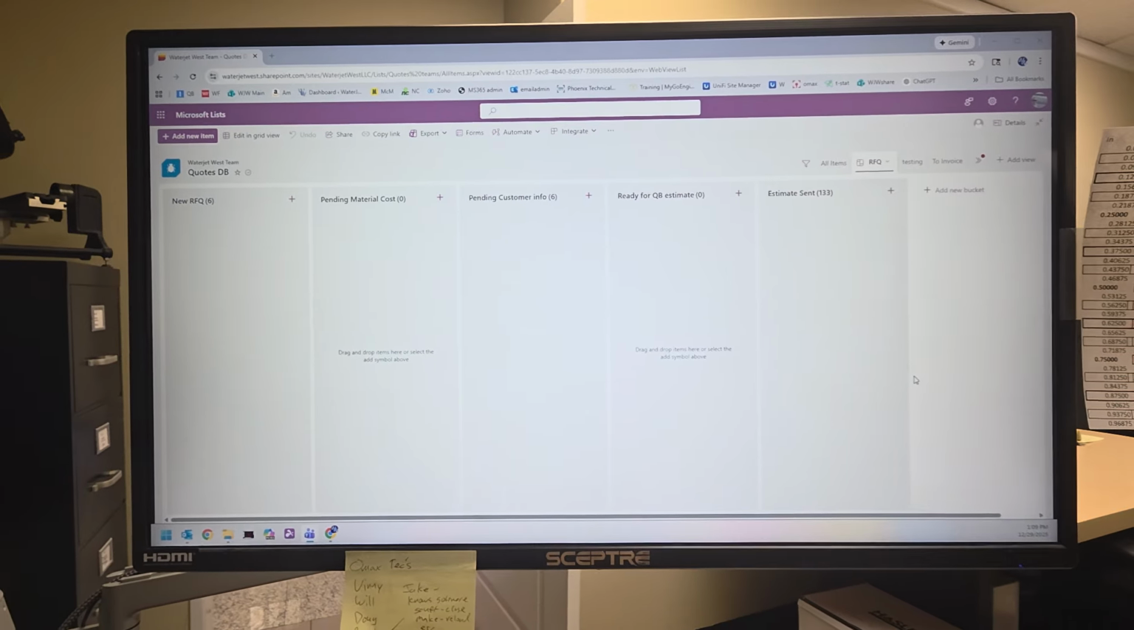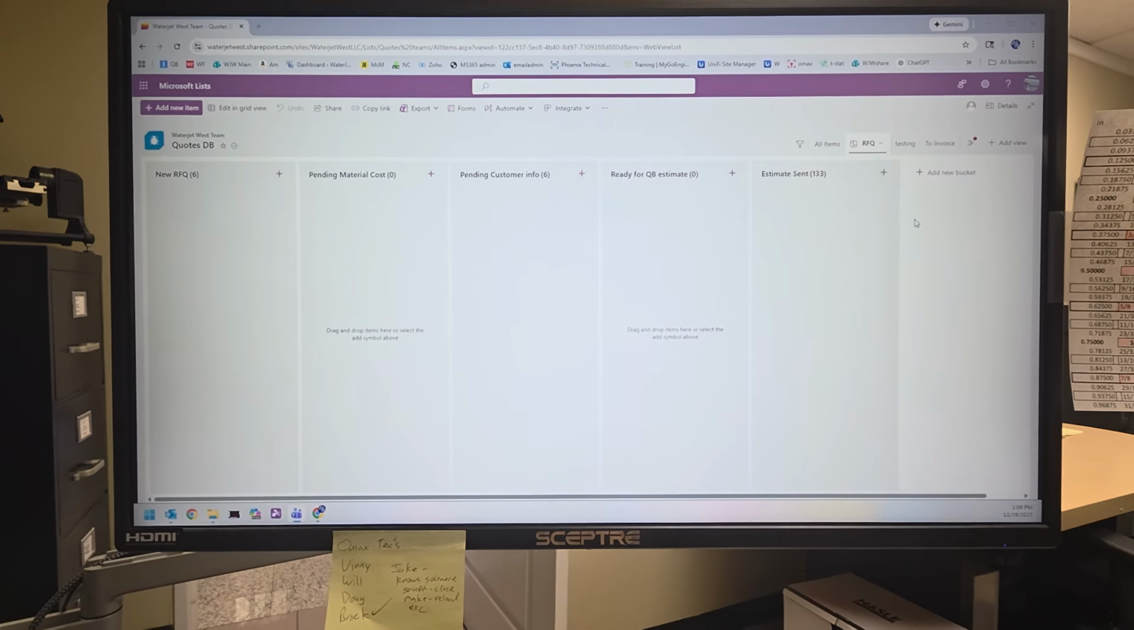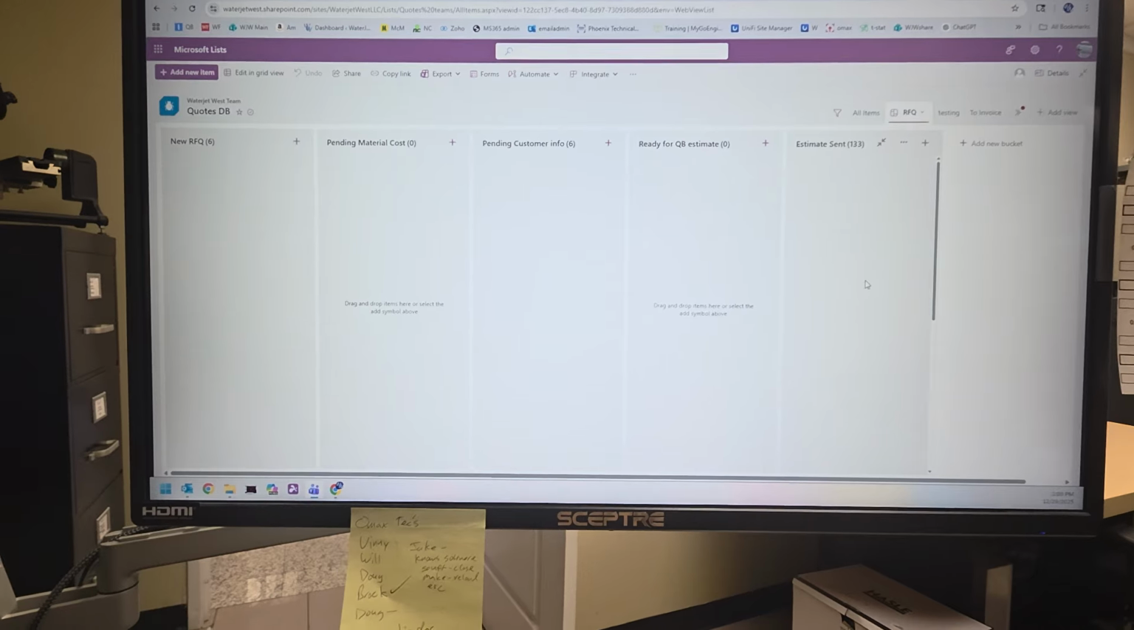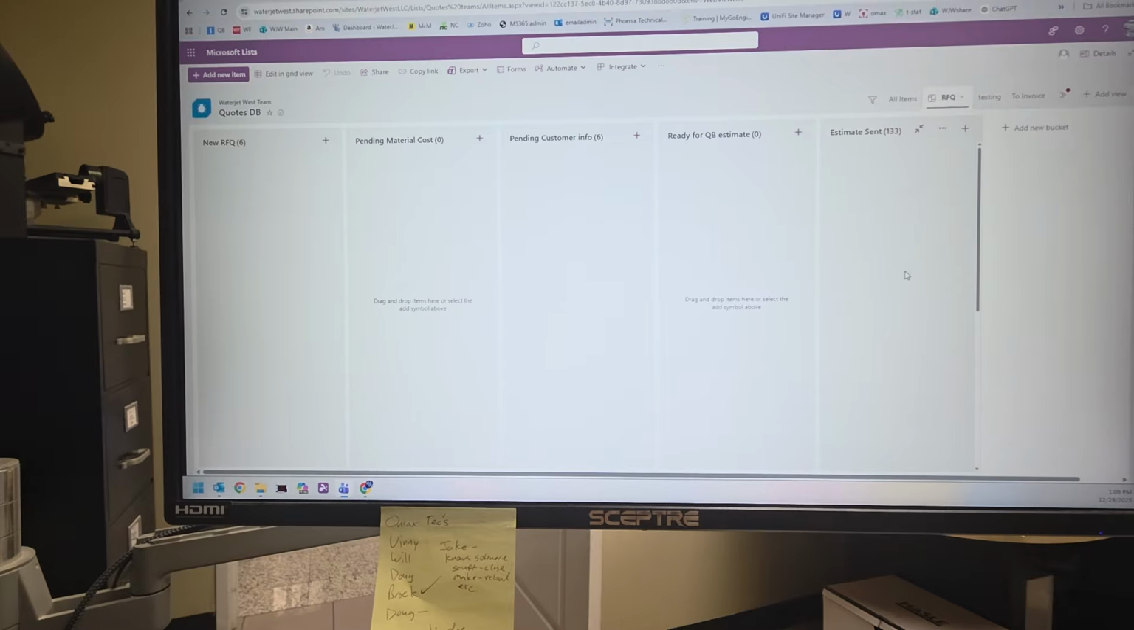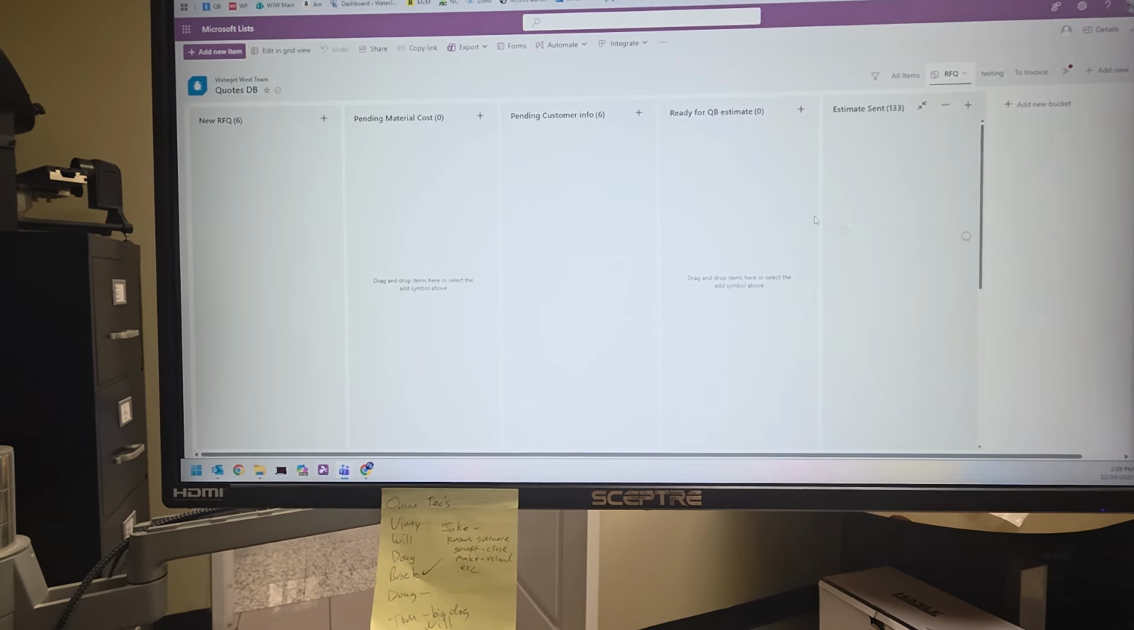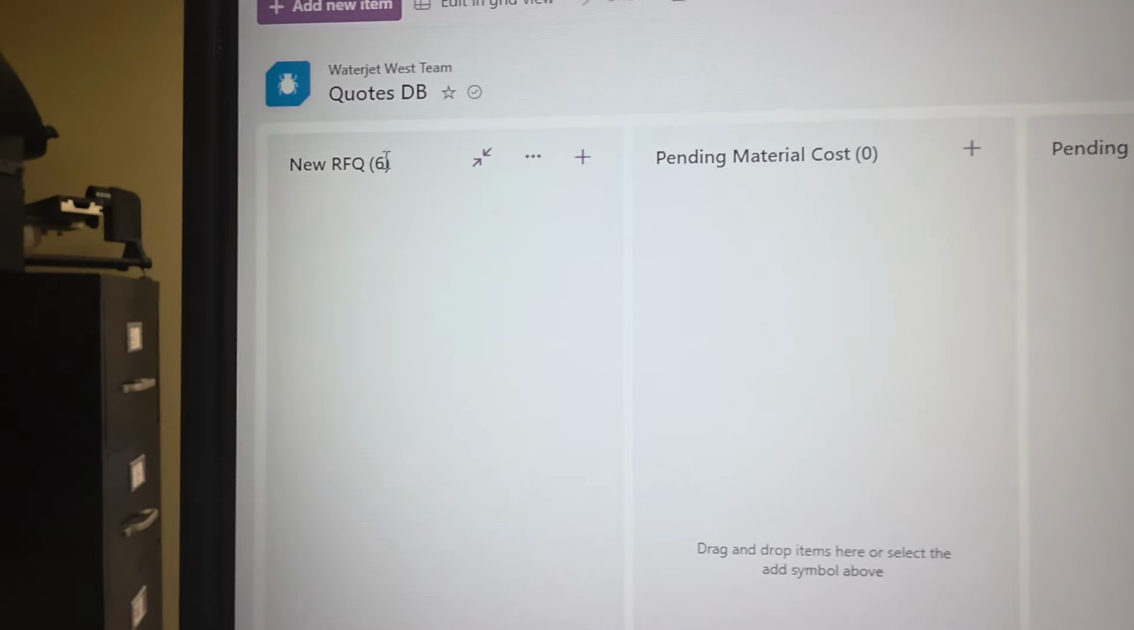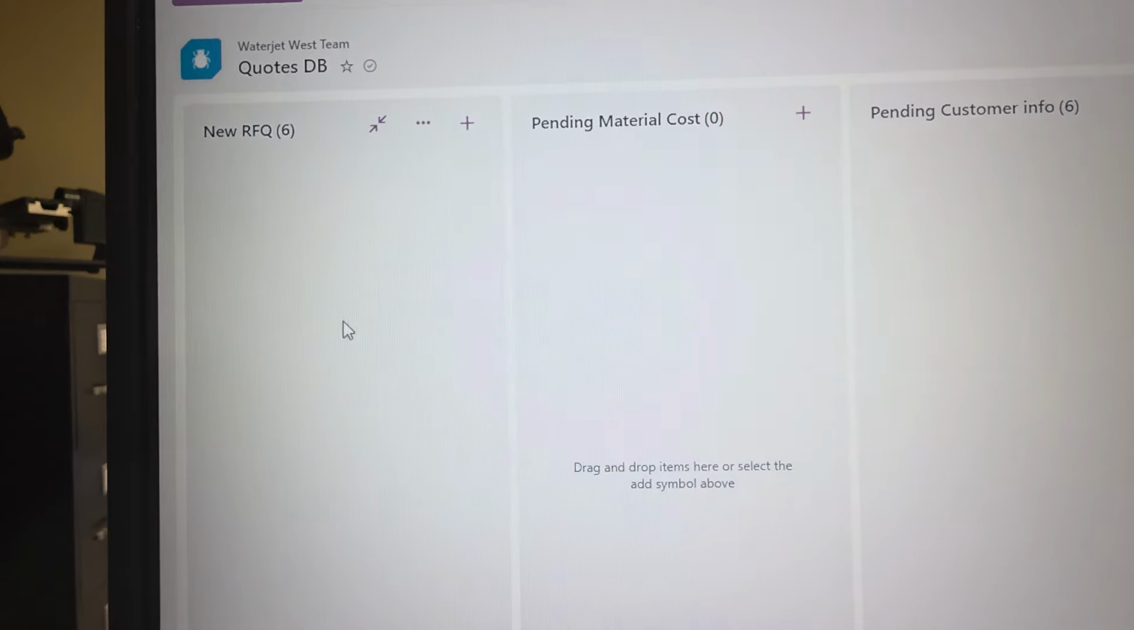So this is a little video to show how the Microsoft List card view no longer works. Ours broke around December 15th. We've been going through support for the last couple weeks. You can see it says that there's 6 of them in our RFQ thing, but it shows that there's nothing